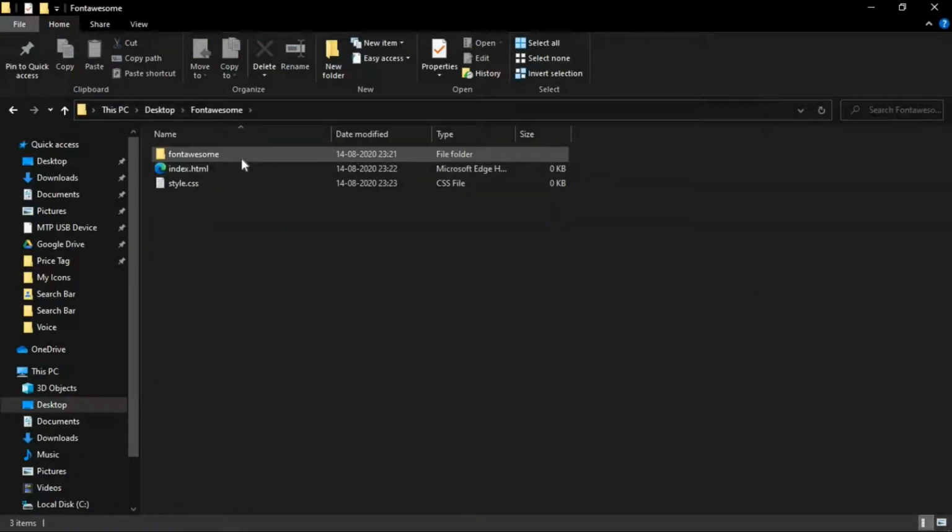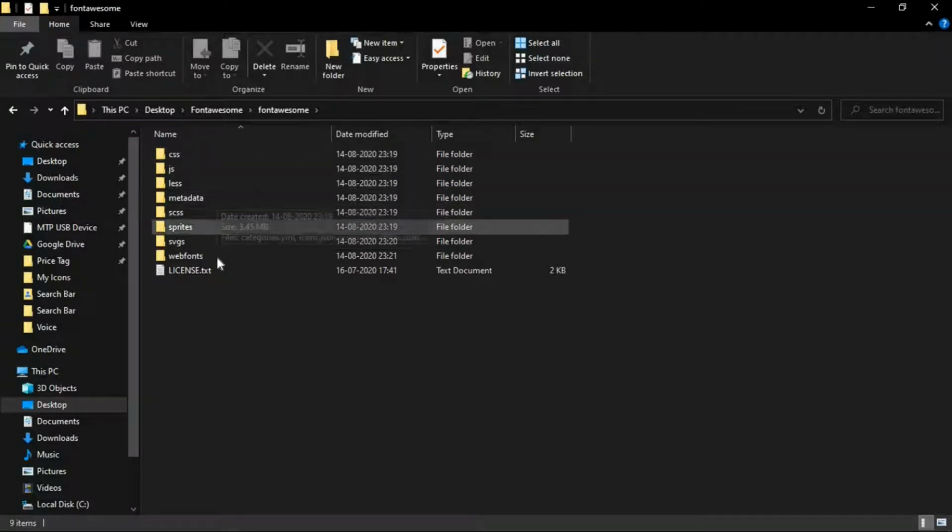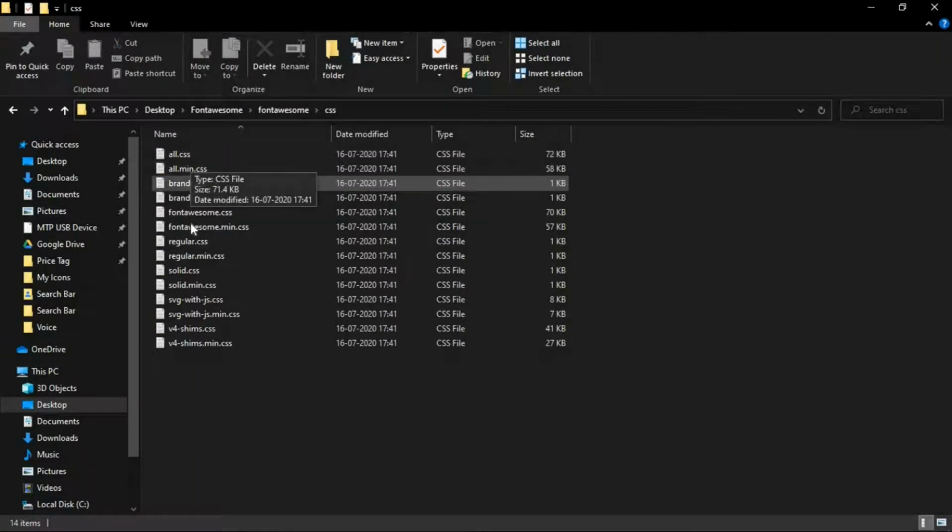When you open the font awesome zip folder, or the extracted folder precisely, you can see that there are many kinds of folders, the CSS folder, the JS folder, the less folder, and various other folders. But while designing the web page, most web developers use this CSS folder and the files in it.